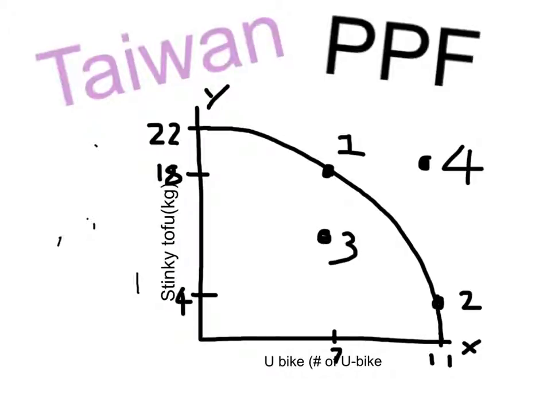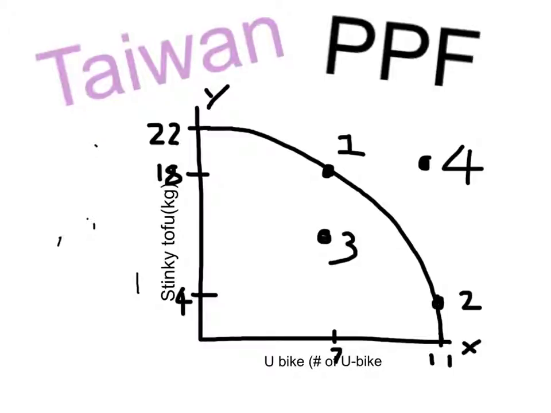Okay, so next, let me just briefly explain the 4 dots. So dot 1, as you can see here, it's producing 18 kilograms of stinky tofu and then it can still produce 7 U-bikes at the same time. And number 2, it's creating 4 kilograms of tofu and producing 11 bikes at the same time. And in order to get from point 1 to point 2, you have to decrease the amount of tofu production to increase the number of U-bikes. So as you can see, 18 minus 4 equals 14. In order to achieve 11 bikes, you have to reduce the production of tofu by 14 kilograms in order to